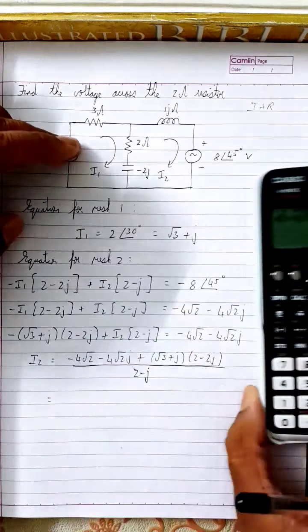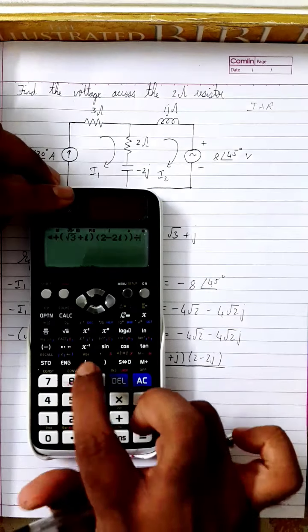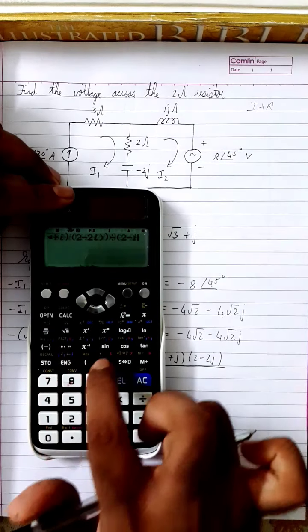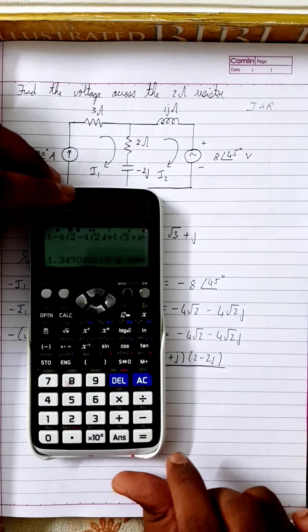Close the bracket, and close the bracket again to close the denominator. Divide by 2 minus j. The whole thing divided by 2 minus j. This is it, and you will get